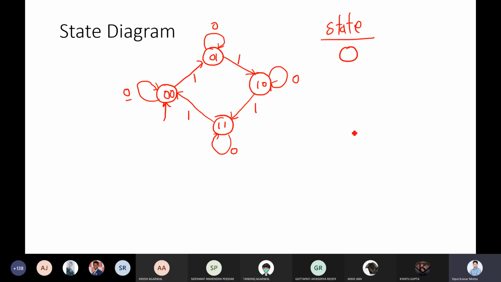So let me make it. I will say this is your A state. Taking a different color. This moment I'm saying this is your A state, this is your B state, this is your C, this is your D. Right? So now I'm saying your input, and here you have a state. And suppose currently, instead of that, let me make it more clear so that it will look much better.